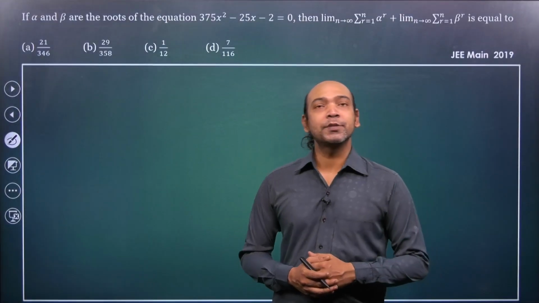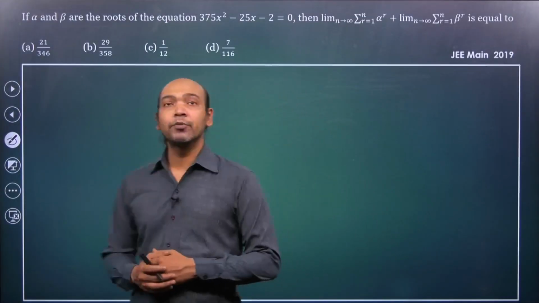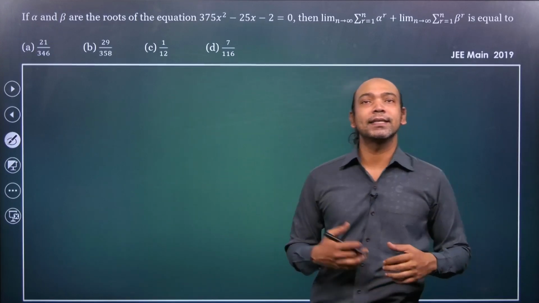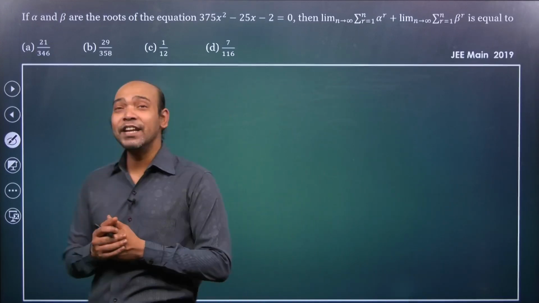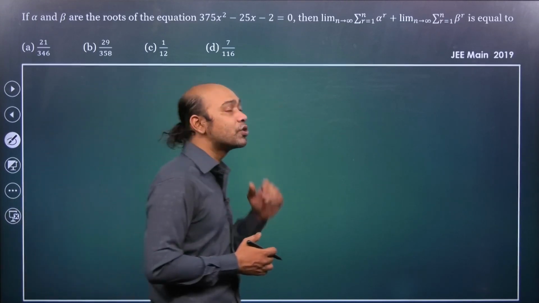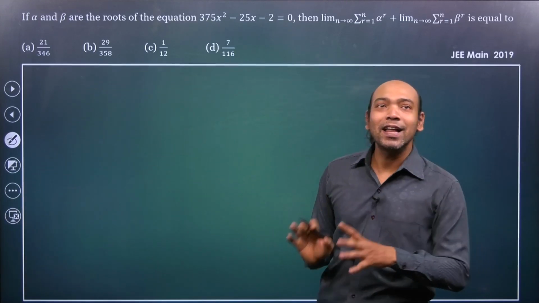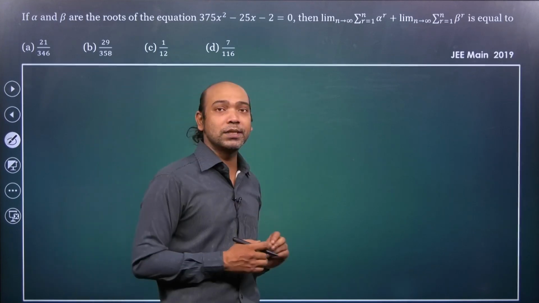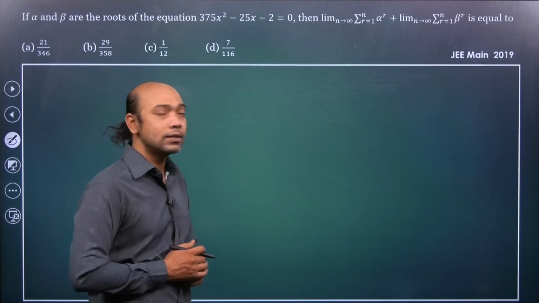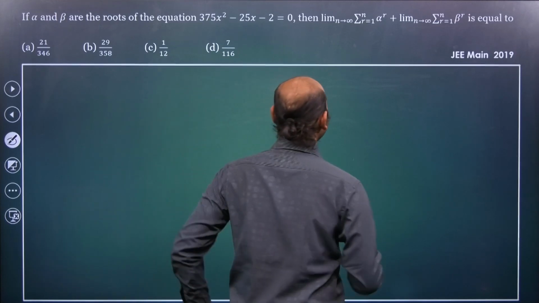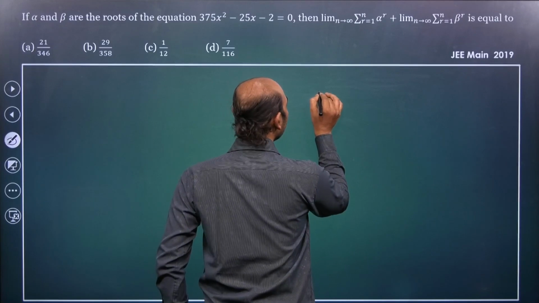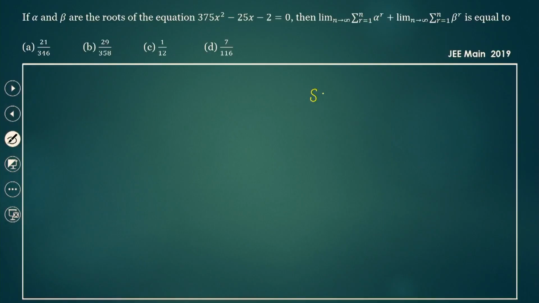Hi all, this particular problem asks you to find this series, or you can say an infinite series because n tends to infinity, where alpha and beta are roots of a quadratic equation. So let's first observe the infinite series here. Let's consider that series as S, because it is easy to go ahead then. So let us consider that S is equal to limit n tends to infinity